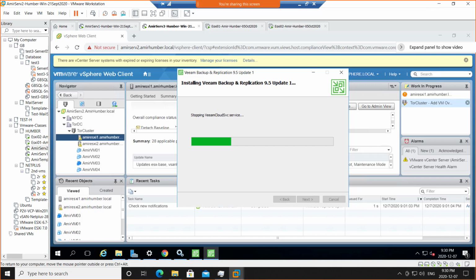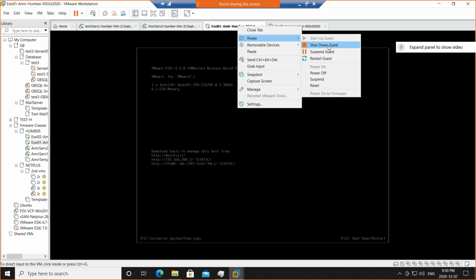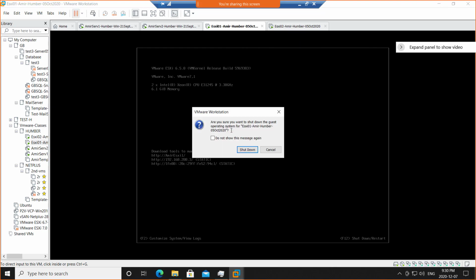So, well, that update will take time as well. You know what? Let's try to power off, shut down the E6I1 and change its RAM from 6 GB. Mine is 6 GB. If you had done the 6 GB as well, I'm going to shut down. Right now, we don't need the hypervisors because backup software is directly installing on server 2.